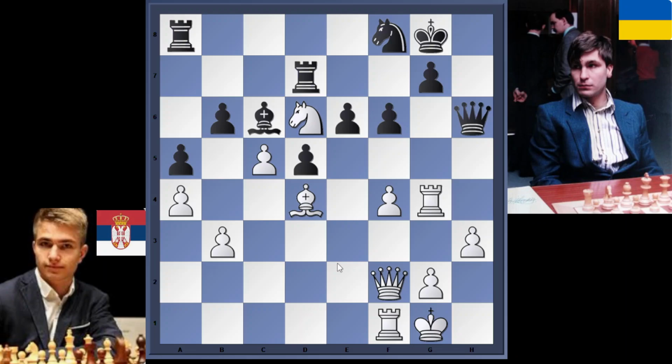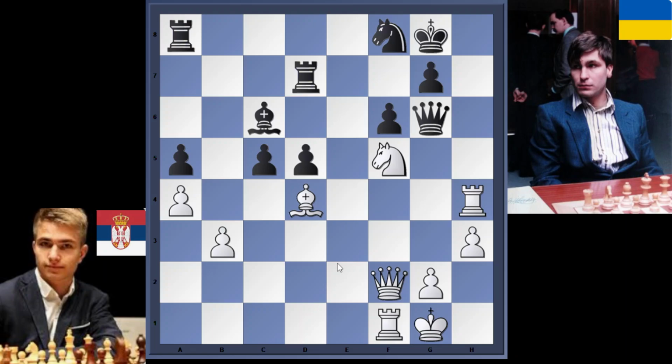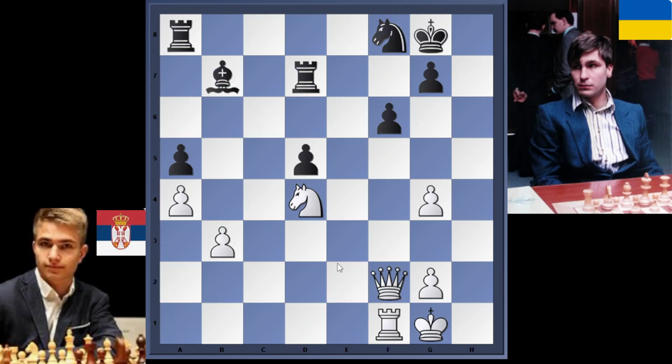b6 by Ivanchuk. What else is he going to do, right? He's trying to get some type of counterplay, so he's trying to undermine the knight. Rook h4, queen g6, f5. The rest of the game really doesn't need any comment. But knight takes f5, b takes c5, rook g4, and Ivanchuk gives up the queen. Queen takes g4, c takes d4, knight takes d4. Bishop goes back, g5, and the rest of it is just